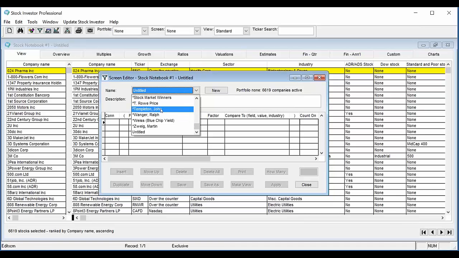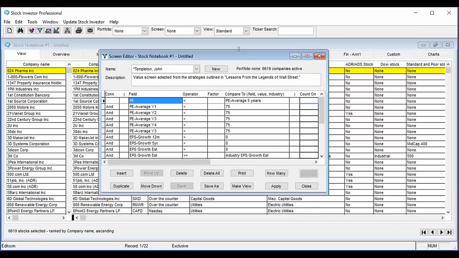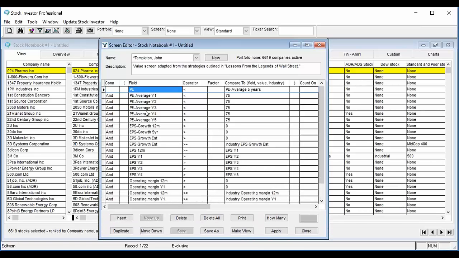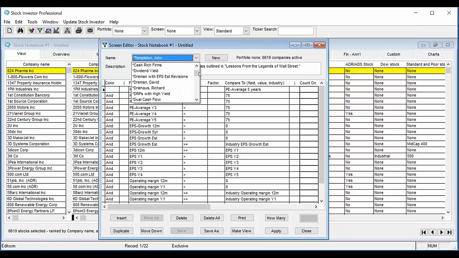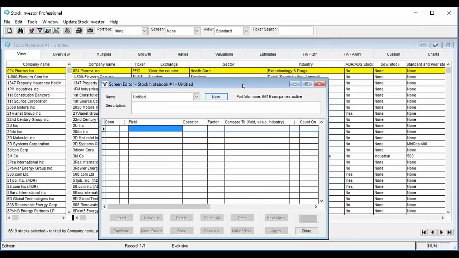Now, if you were to select a screen off of this list, for example, let's select the John Templeton screen. When you select a screen, all of the criteria that make up that screen are then loaded into the screen editor. But our focus today is how you can go about creating your own custom screens. So we'll go back and click New, and that will then allow us to generate a new stock